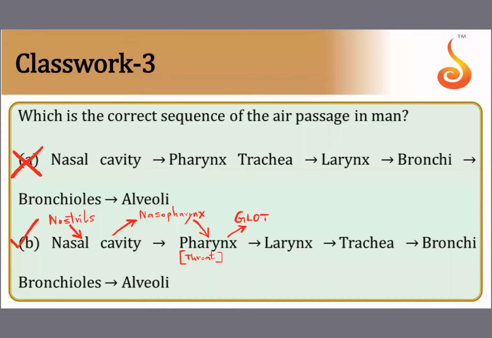All of you should remember the opening of your sound box is called the glottis. And you are all familiar that the glottis has a lid-like structure on top of it. The lid-like structure is referred to as the epiglottis. So the epiglottis is the lid that is sitting on the opening of the larynx, and the opening of the larynx itself is referred to as the glottis. Then it enters the larynx. Because of the vocal cords, the larynx is simply referred to as the sound box, or it is also called the voice box.